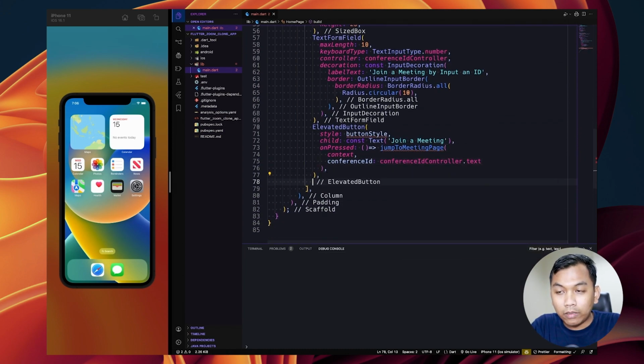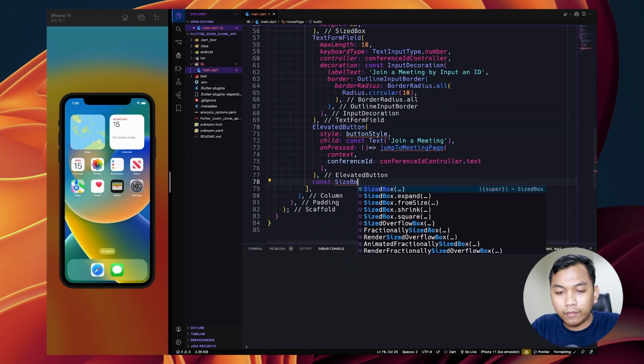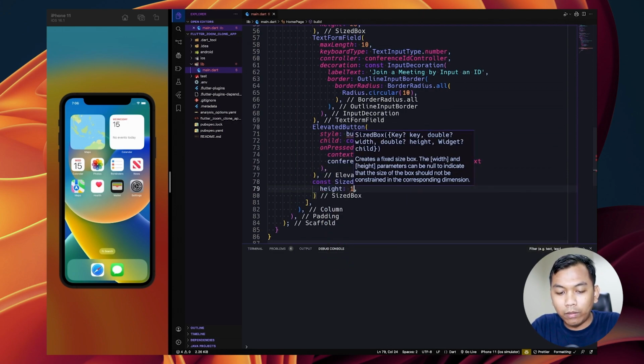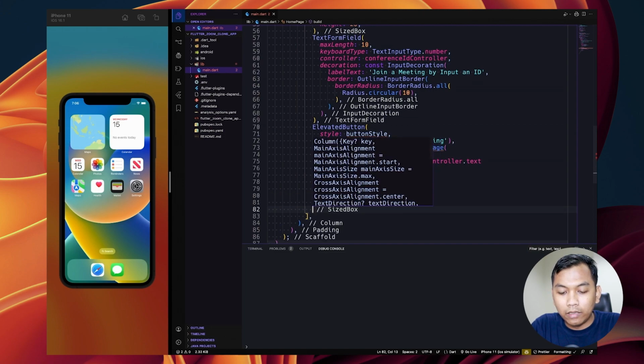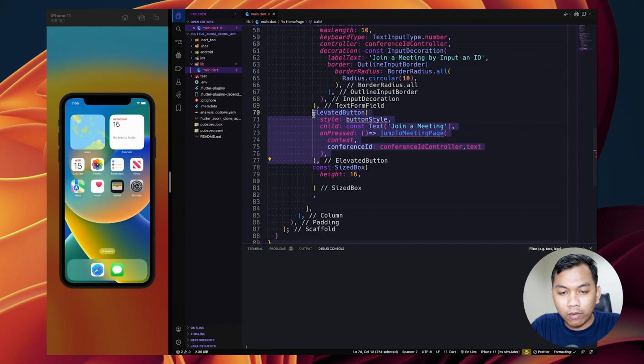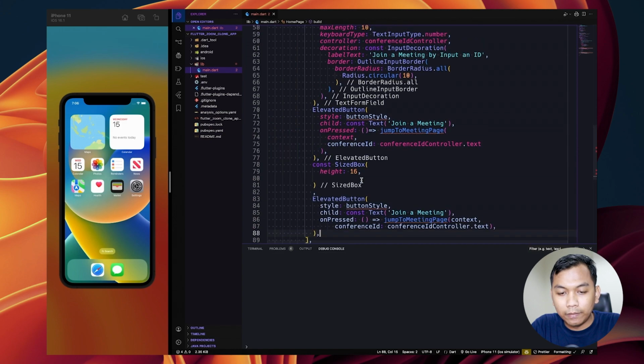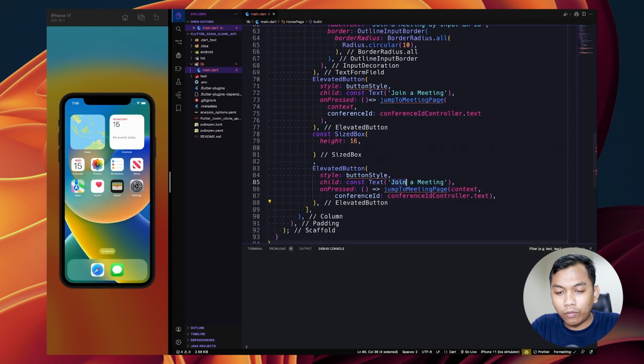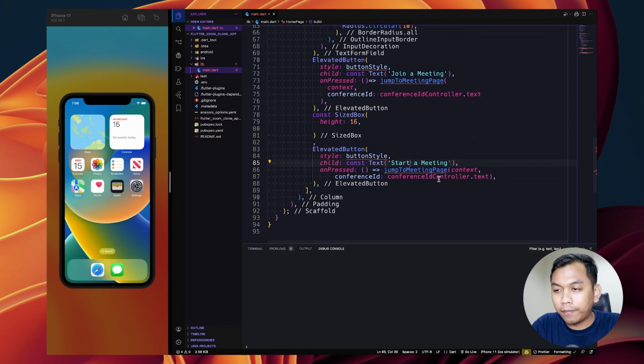And below that, we will have a SizedBox again, and the height will be 16. And below our SizedBox, we will copy this ElevatedButton and say 'Start a meeting', or just 'New meeting', I'm sorry.